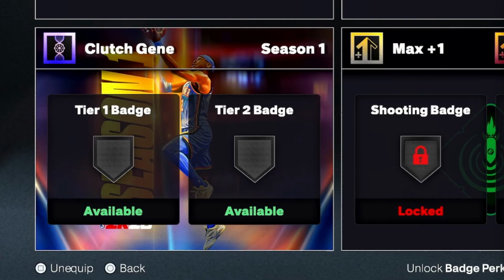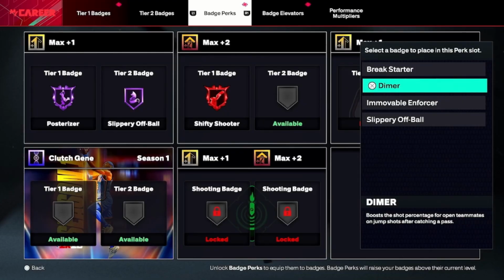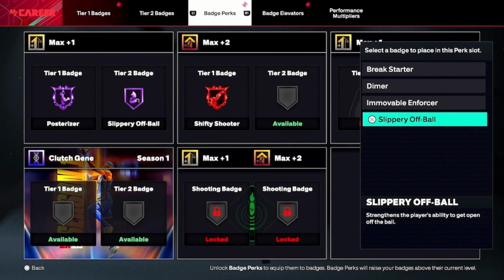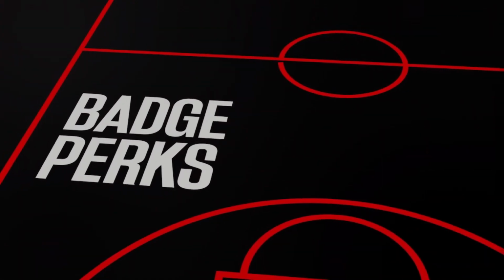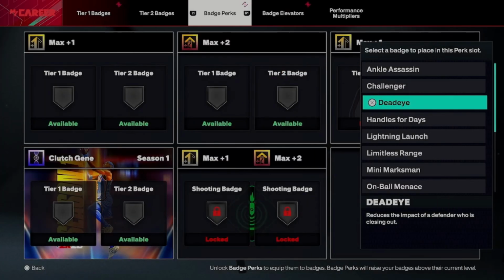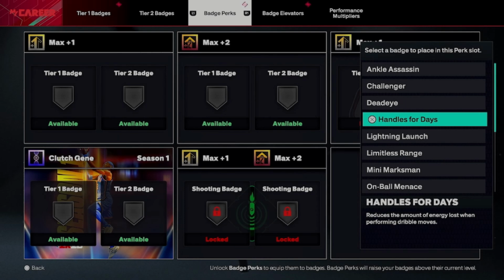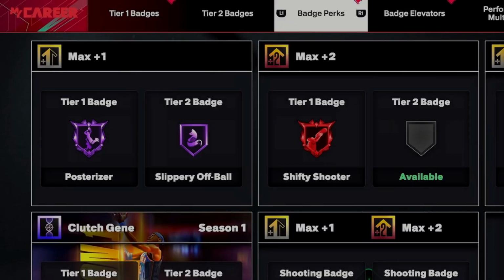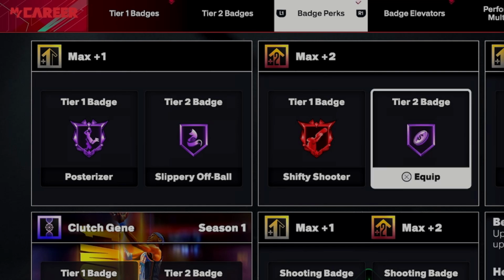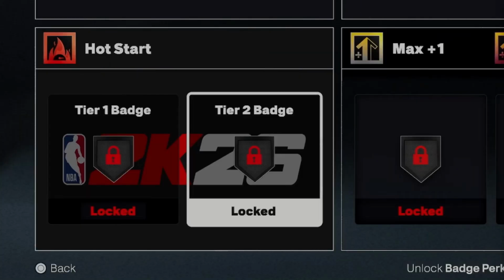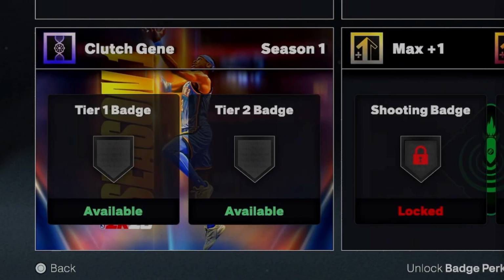Now that per season you get 3 max 2s and 4 to 5 max 1s, bro. Come on. And then you got the clutch badges. Those badges for season 1 that we already know are now going to go up in clutch moments. So you can make a build